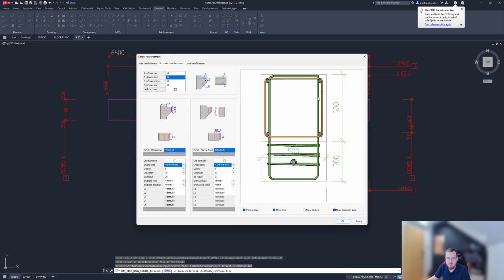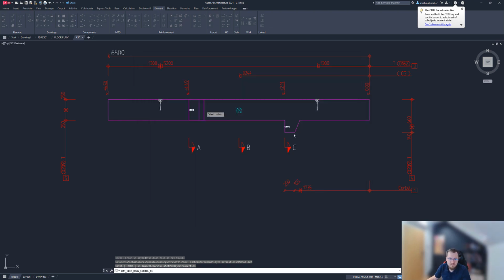You can change the views as well here to make sure the reinforcement doesn't clash. If you need to add hooks to bars, and of course, you can, for example, do something like this. But that's really up to you whether you want to make sure that everything's correct and perfect. As such, I'm just going to accept that as an example of reinforcement, and I'm also asked now if I